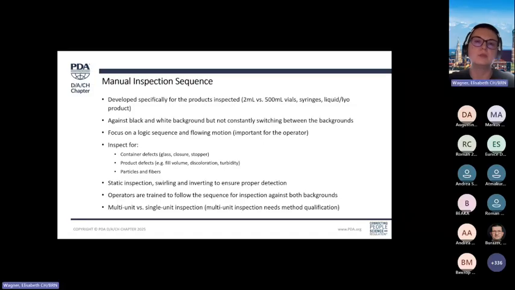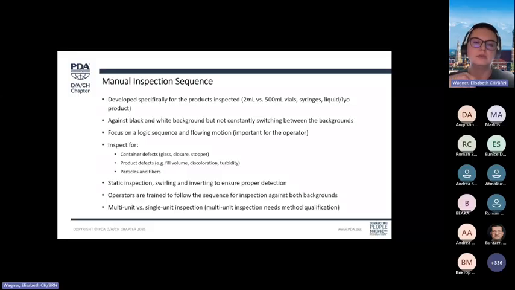There's really much more behind this, because you have to consider what kind of containers you have on each side. It's really a difference if you inspect just one unit at a time, or if you inspect multiple units, let's say 10 syringes at a time, or if you have 2 to 4 bottles in your hand. And you have to ensure that with your proper inspection technique, with static inspection, swirling or inverting of the container,